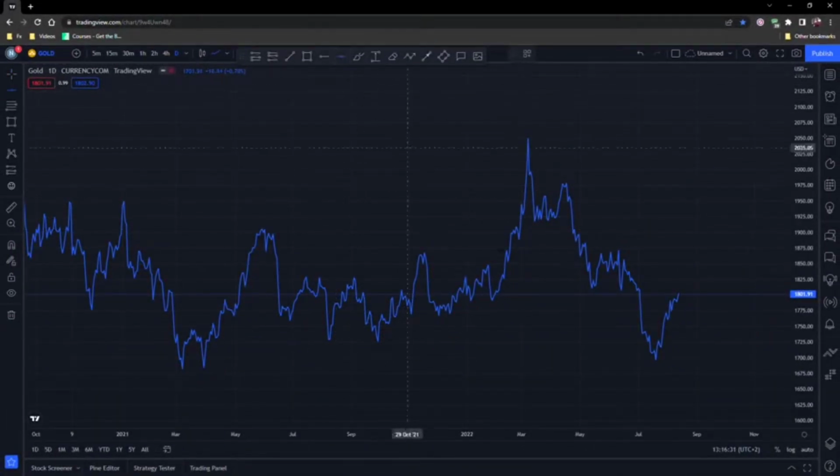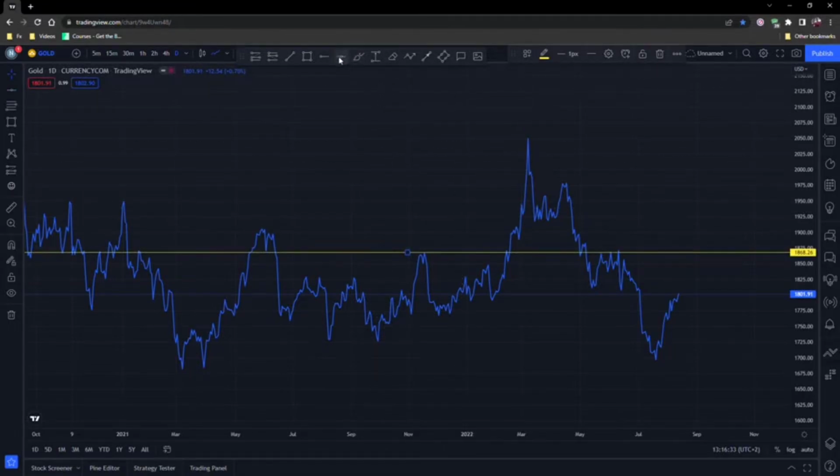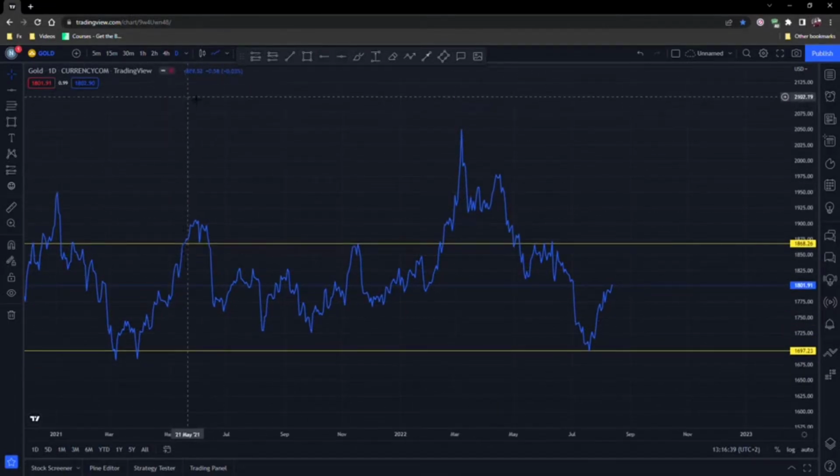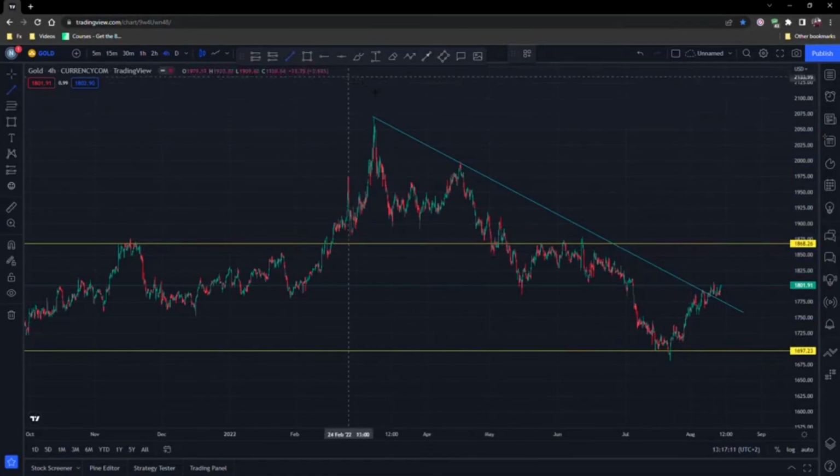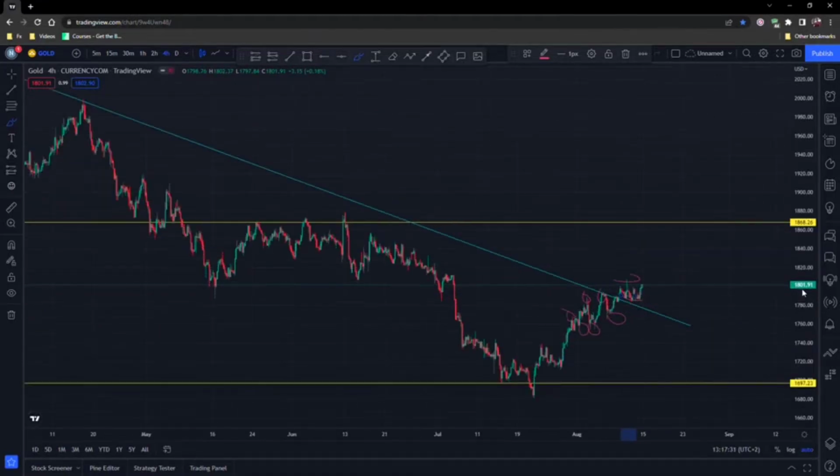Looking at gold, we're gonna then plot our high, right? And then we're gonna plot our low, right? That's gonna be our high and low for the week. On the hourly, now we're gonna plot this trend line, right? Down our trend line, we can see that we closed as we were creating a higher high structure. You can see now we had a higher high, a lower high, another higher high, another lower high, a higher high, a lower high, a higher high, lower highs, and now here in this area we were,